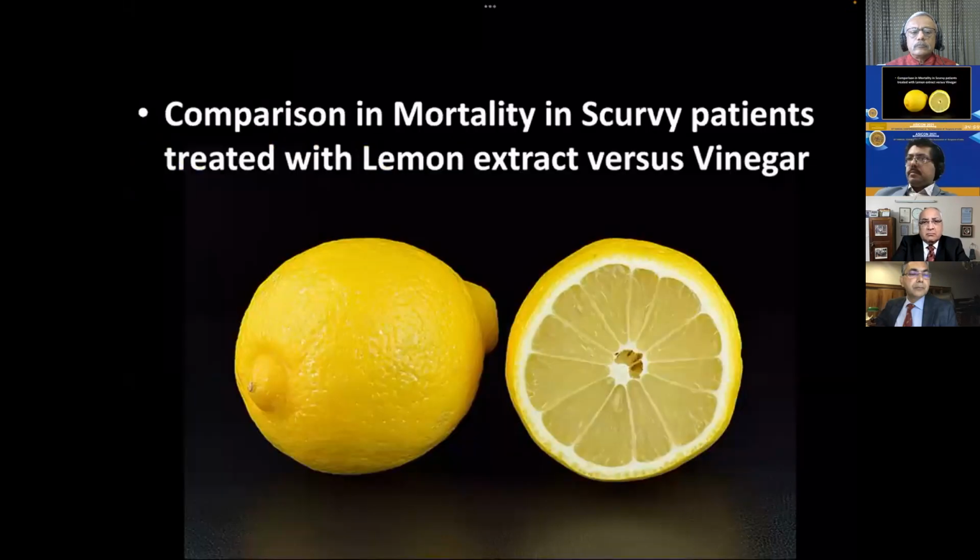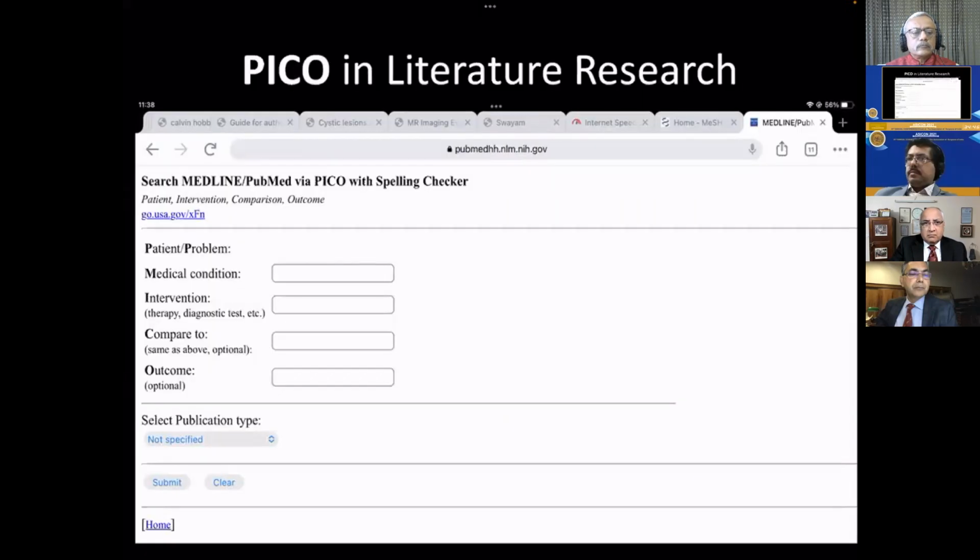In a similar note, if you have understood Dr. Lin's experiment, then you may now have a PICO format for that one also. Now, how do I search or make this PICO format useful?